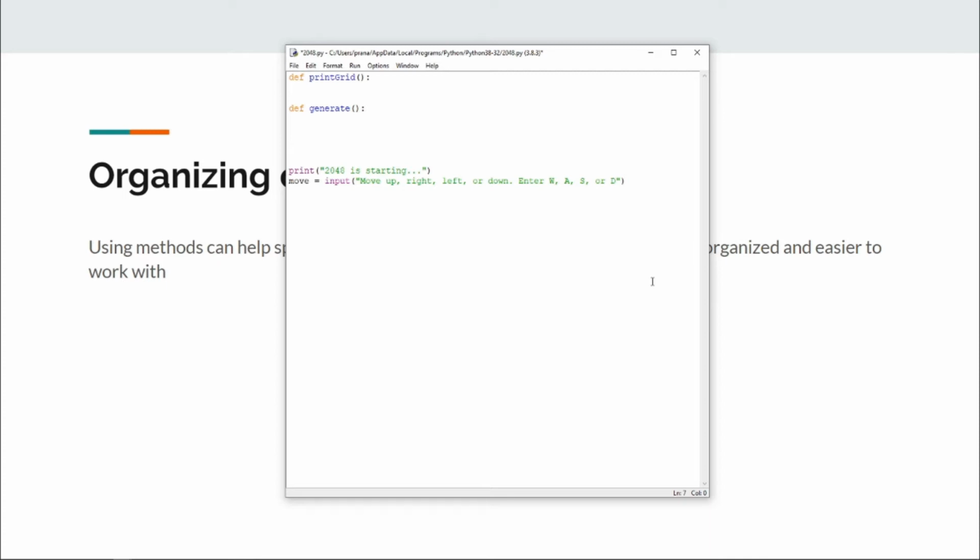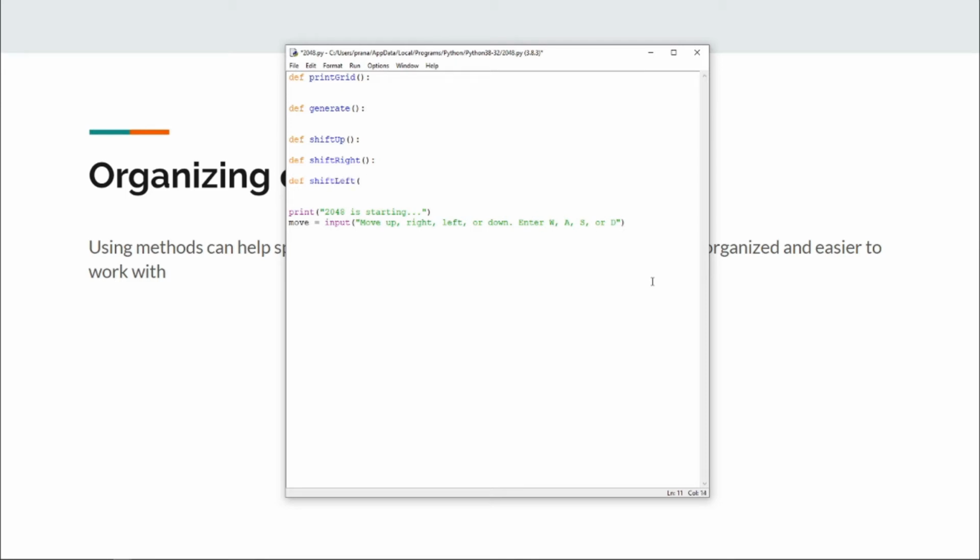So the next obvious function is moving, because obviously the user needs to move up, down, left, or right, and these can also be split into different methods. So let's create 4 methods called shift right, left, up, and down. Let me do that real quick. Shift up, shift right,